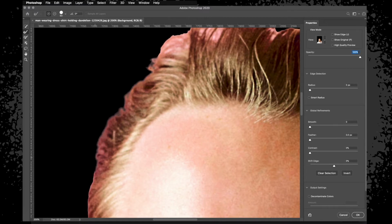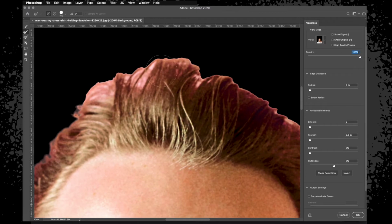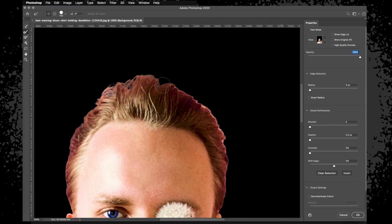Release. And you'll see it'll start to bring back some of the detail. So if we look at this part, you can tell that the hair would have been swooped over. So if we go over that part, you'll see what it'll do, it'll cut the background out below it. Doesn't look very clean at the moment, but this is just the first initial step of how to refine the edge. So if we go right the way around the edges of the hair,